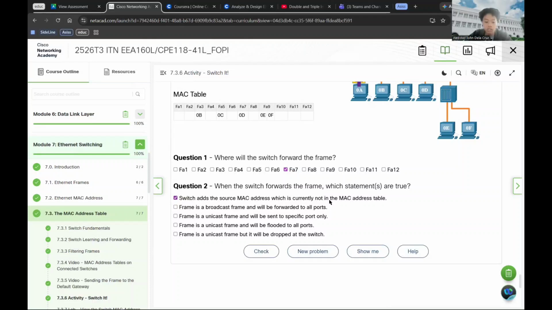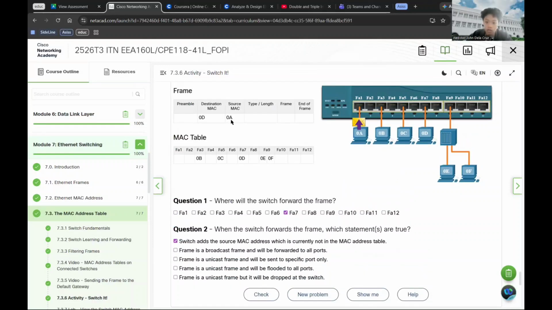Switches actively learn the network topology by looking at the source MAC. The source MAC of the incoming frame is 0A, entering through port FA1, as shown by the arrow.